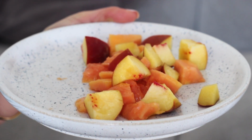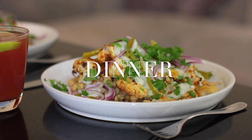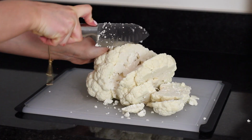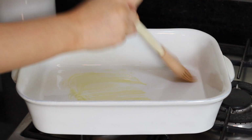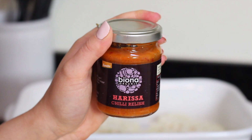I'm crazy for mango. For dinner I made some roasted harissa cauliflower steaks. For this I first preheated my oven to 180 degrees Celsius. I next cut one small cauliflower into steaks. I then brushed a large baking dish with a little oil, placed the steaks in, and then I took some